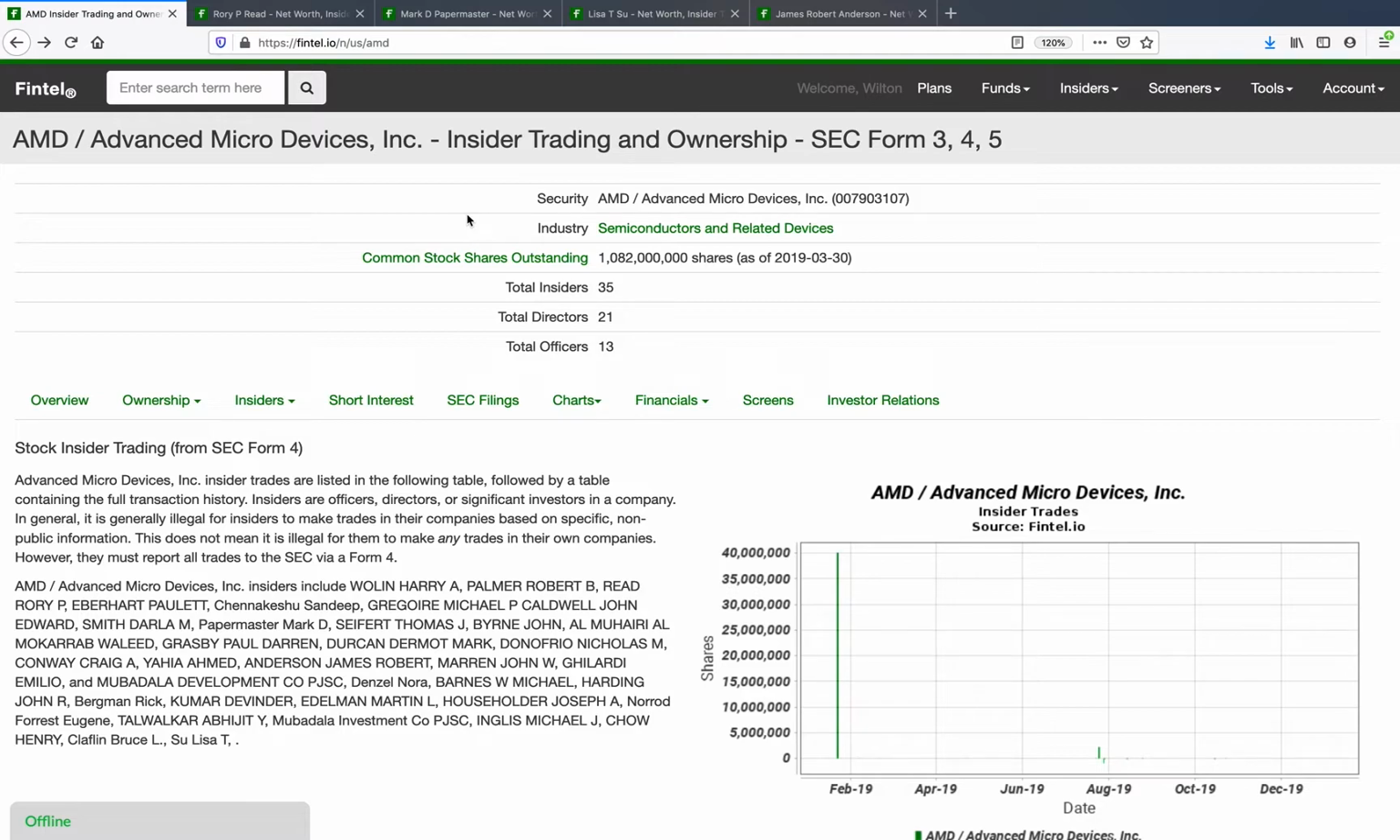But you'll see that the share price is doing great, and it doesn't look like anybody's making trades on material, non-public information. But I'm going to show you what I look for whenever I look at these trades. So here's the AMD